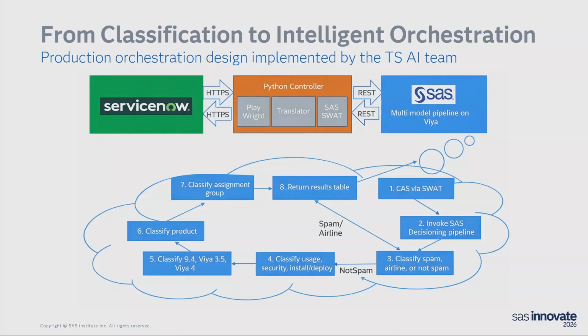I don't know if you know SWAT. It's communicating from Python to CAS for work like training or scoring, that type of job that needs a programming approach. And go stop by, talk to Mark. He will show you, here's an example of an incoming email, and here's all the predictions from 3, 4, 5, 6, 7. So do stop by this afternoon at the tech support booth, and we can give you a demo.